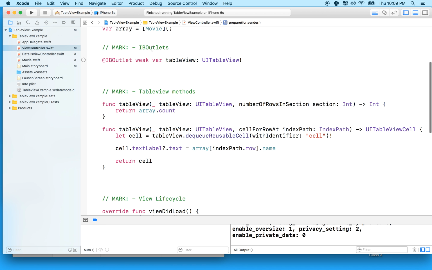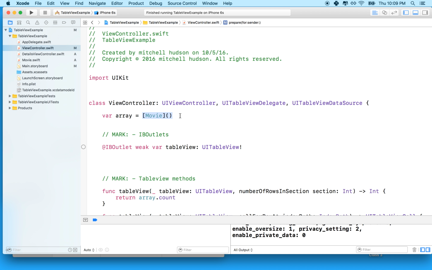Right now, we don't have any movies in the array, so we'll have to add some. So let's stop here and